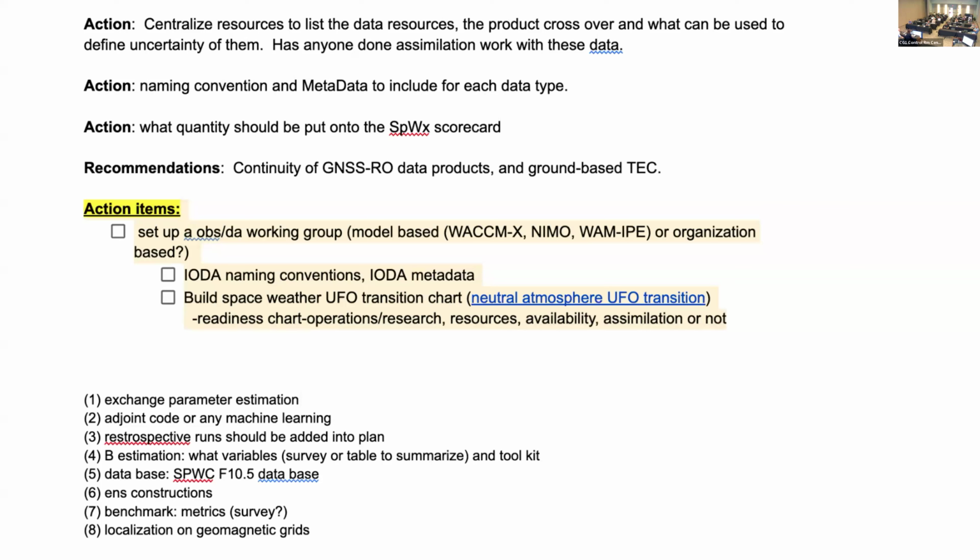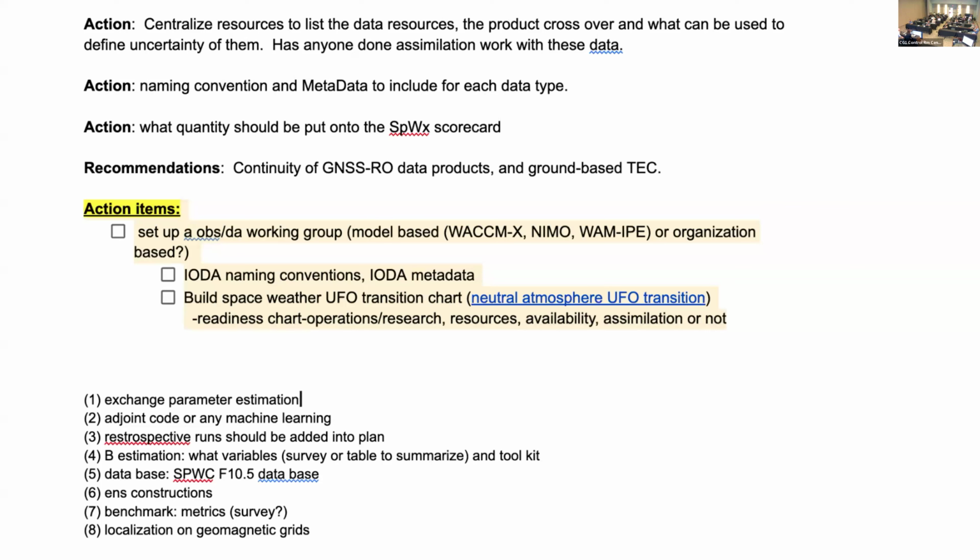So for the developer part, I should add it, but by default we will have a developer meeting to coordinate on operator development. That's quite a regular setup. I should mention that we have people working on extending the neutral atmosphere higher, on neutral density assimilation, on ionospheric data assimilation, and on different types of observations.